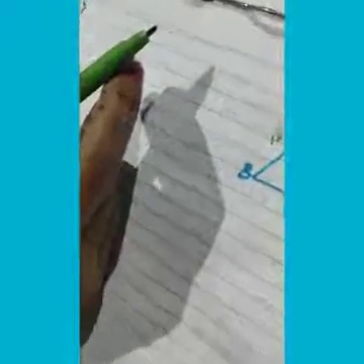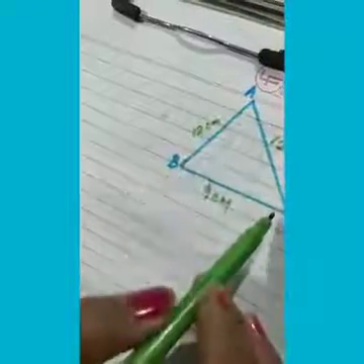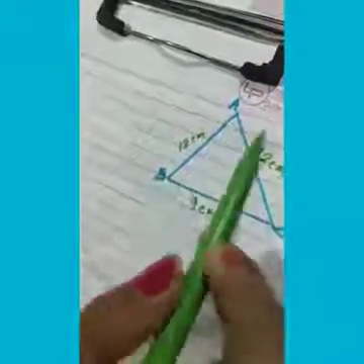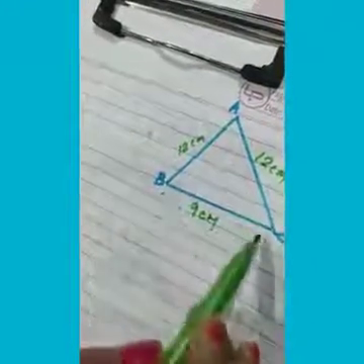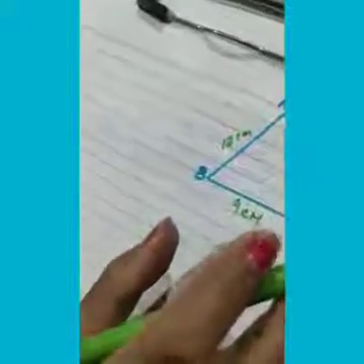Now the C number is given. C number question is given, an isosceles triangle with equal sides of 12 centimeter each, 12 centimeter each side given, and the third side is given 9 centimeter. Isosceles triangle means 2 sides are equal, 1 side is different. It means AB is 12, AC is 12, but BC is 9 centimeter. You know the isosceles triangle definition.